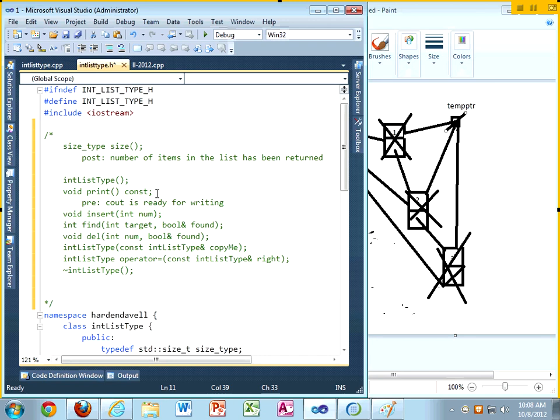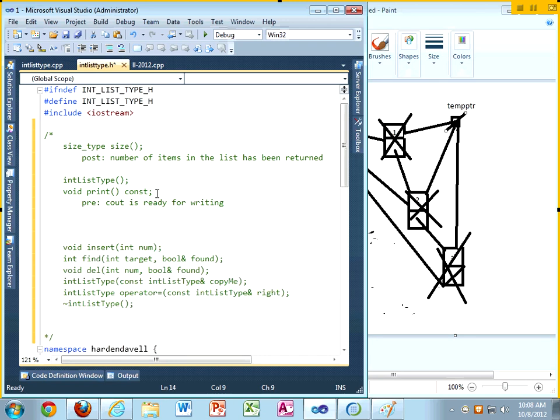In a situation where we were working with an O-stream parameter, we would say whatever that O-stream was is ready for writing. Okay, which means that if it's a file, it has to be open. It's not in an error state, whatever. Okay, and then